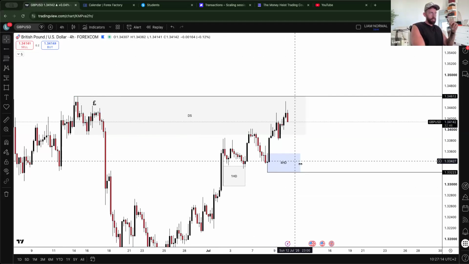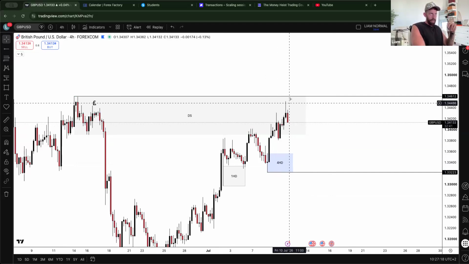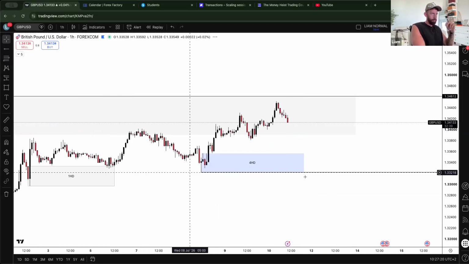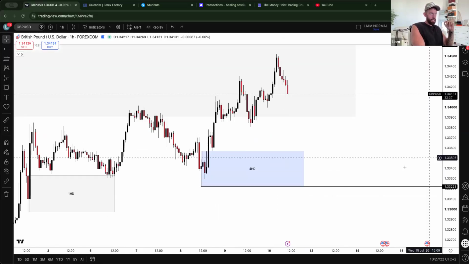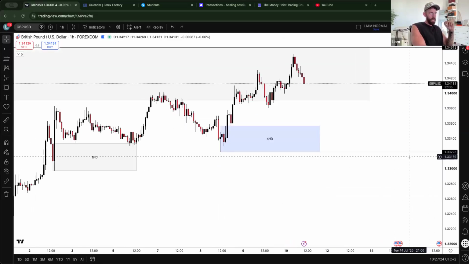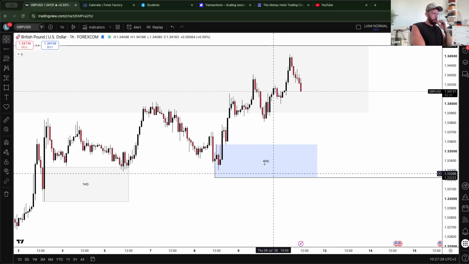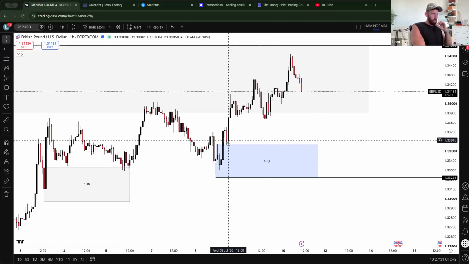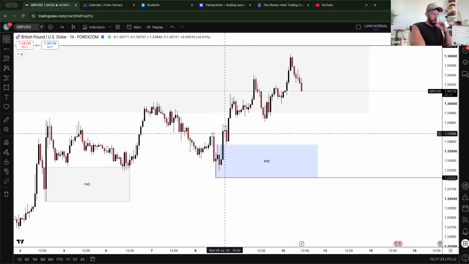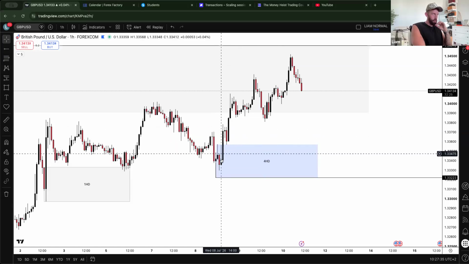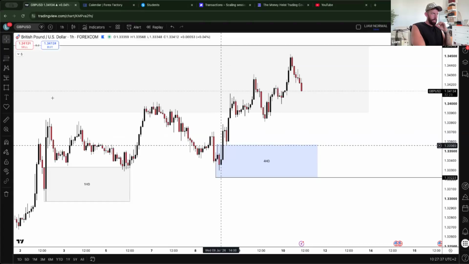Now, we haven't reached this 4 hour demand, as I talked about the other day. Market obviously pulled back and then carried on again. So I'm just going to quickly look at the 1 hour to see what is going on, because in order for me personally to participate, you can see that we had a reaction here. We had this bullish engulfing candle. Market pulled back, tapped into